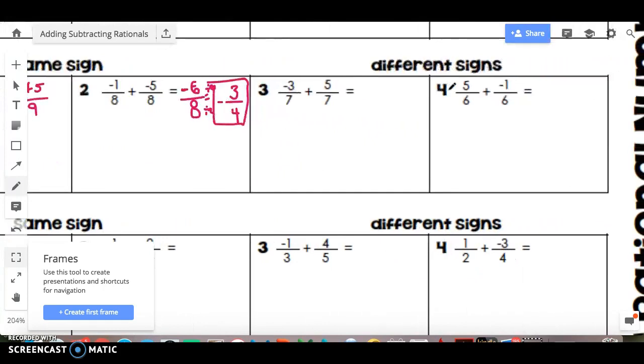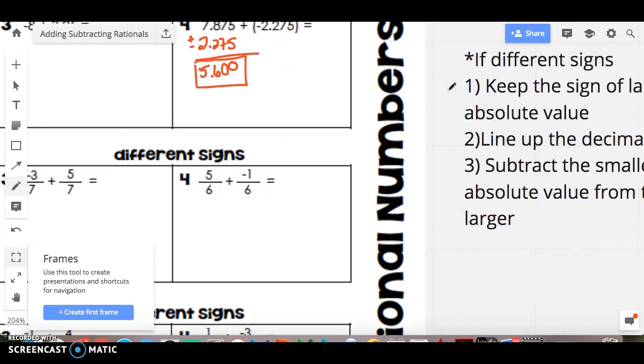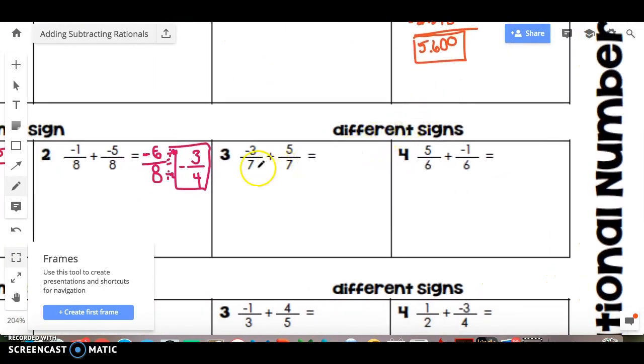Let's look at what happens when they have different signs. Same rules apply as over here. You keep the sign of the larger absolute value. So we have to ask ourselves, is 3/7 larger or 5/7 larger? And 5/7 is larger absolute value. This is positive, so our answer is going to be a positive number. Okay? And then I take the larger absolute value, 5/7, and I subtract, oh, that's supposed to be a 3, sorry. I subtract the smaller absolute value from it. So now I have 5 plus the opposite of 3 is